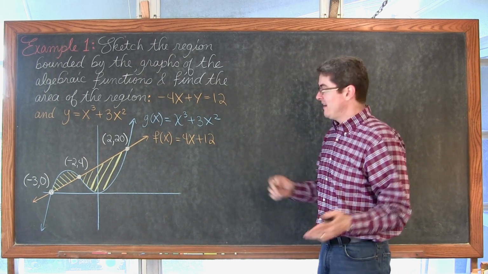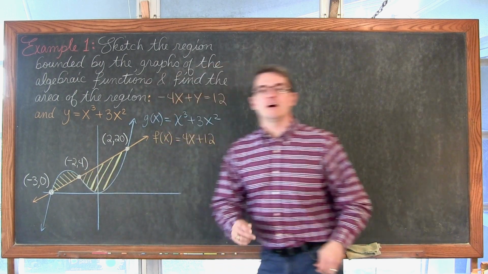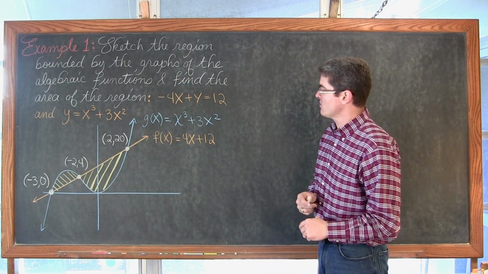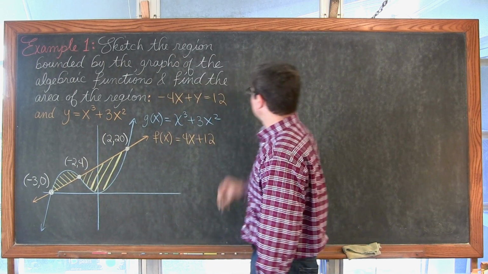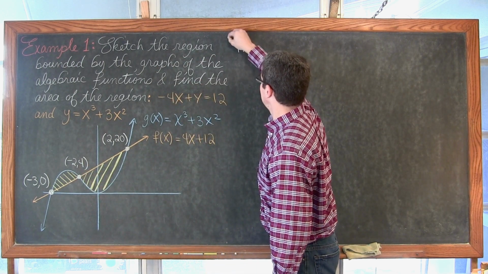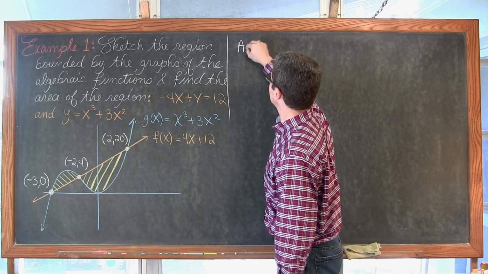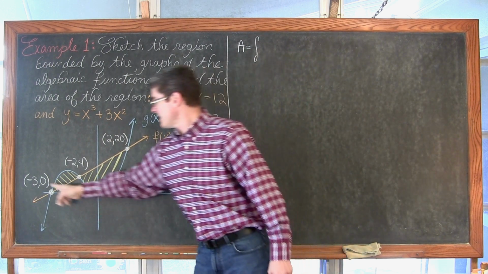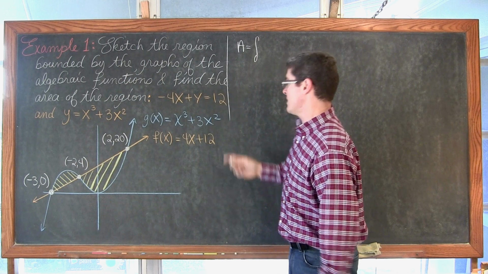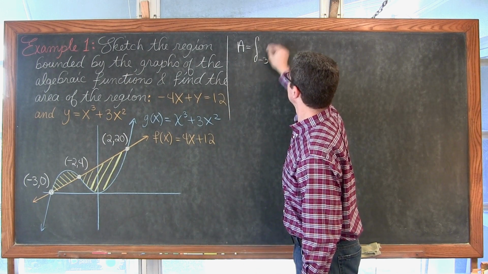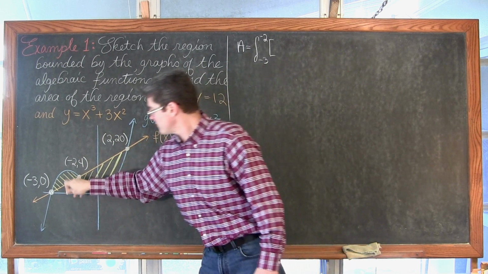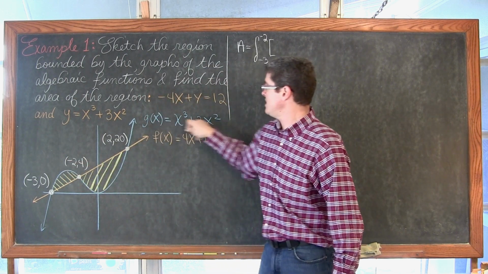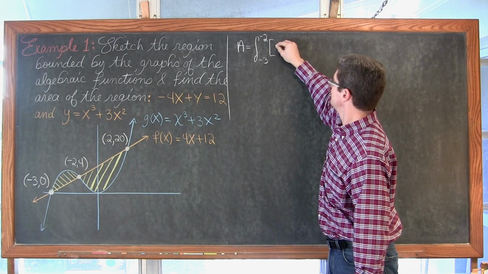With room to work and our intersection points identified, we're going to go ahead and set up that definite integral. So we have again this first area. We are going to find the area by setting up the definite integral where our lower limit is negative 3 and our upper limit is negative 2. And that will be of the function on top, which is g, so x cubed